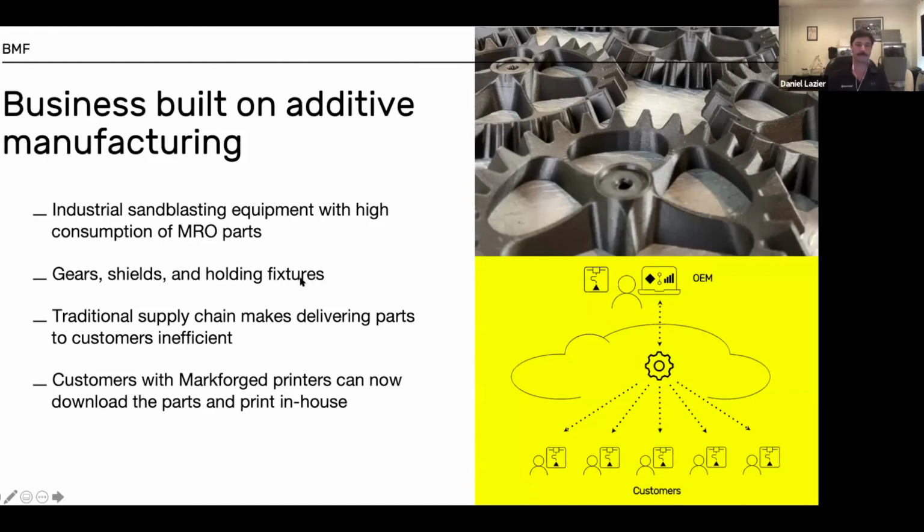Awesome. There's a question here from Mark about whether we've ever printed turbo charger wheels. I'm not familiar with what that is referring to. I don't know. Daniel, do you know what that is? Yeah. Let me reach into my bag of tricks here. I might actually have something. Maybe I don't have it on me. Yeah, it's funny. I actually had one here at some point. Didn't actually have it at the ready here. I'll see if I can dig it up at some point as this